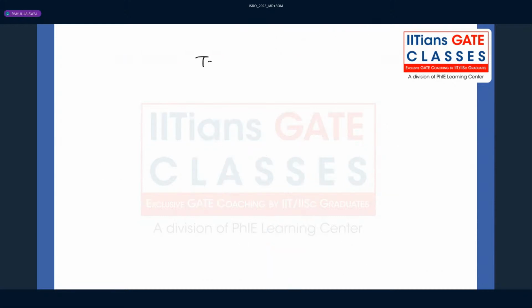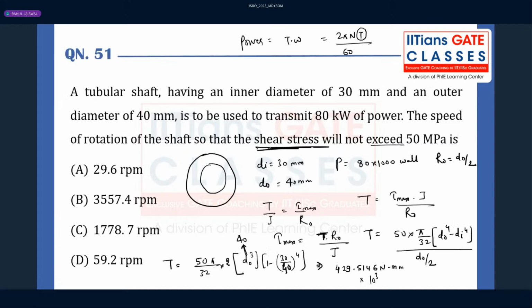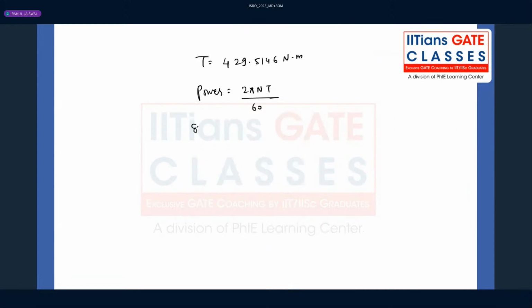So once you get to know the T value, 429.5146 Newton meter, now you can calculate power: 2 pi NT by 60. That is a very basic question which is being repeated in many examinations. Shaft power given was 80 kilowatt, so 80 into 1000 watt, equals 2 pi N